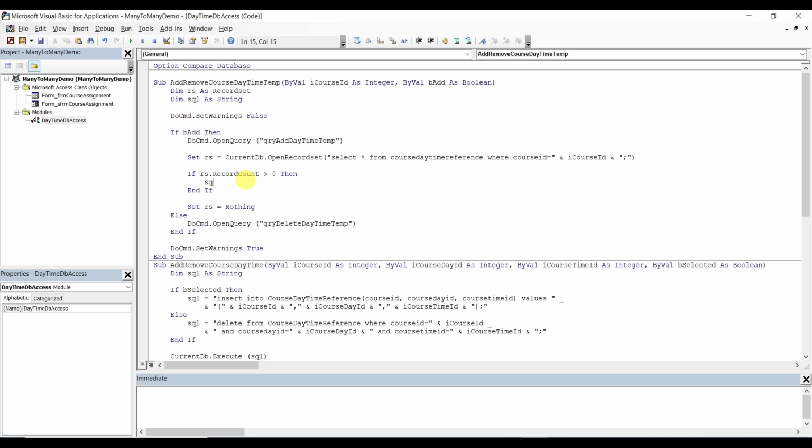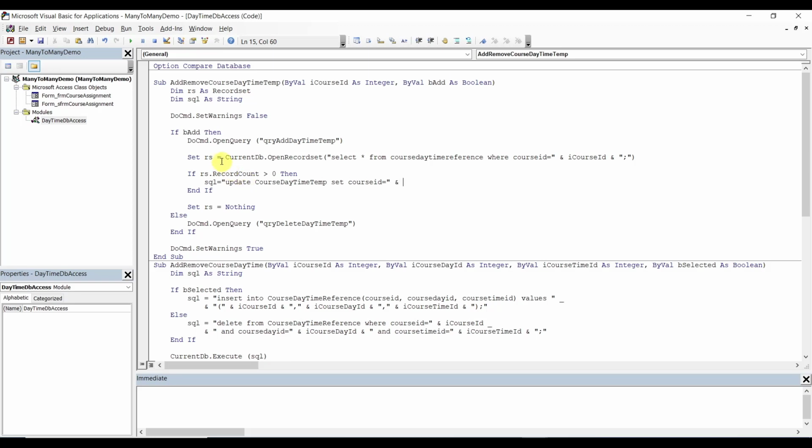Back in here, SQL equals update. Update is course day time temp. Set course ID equals